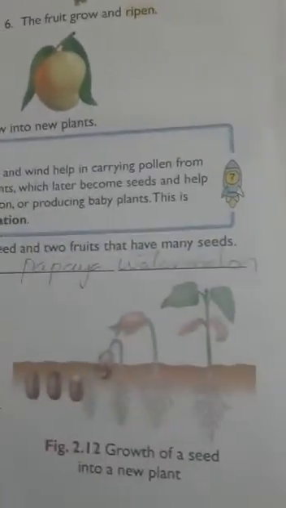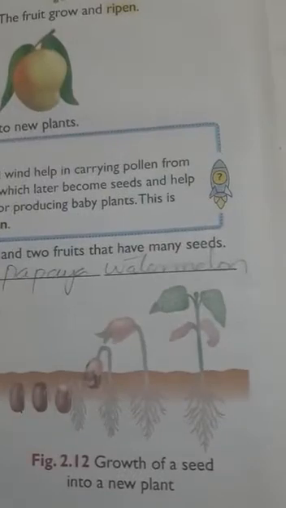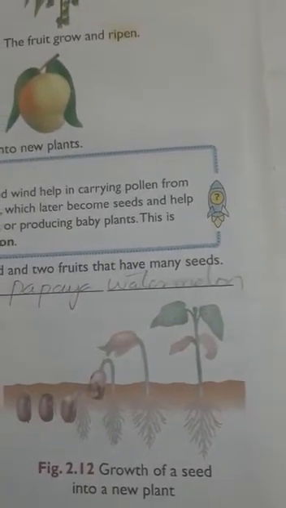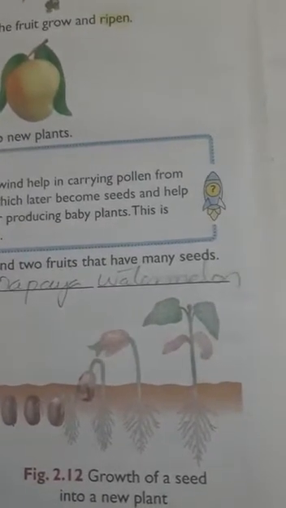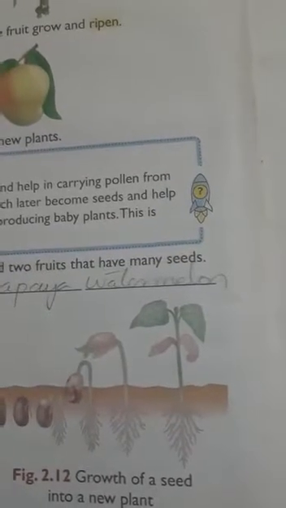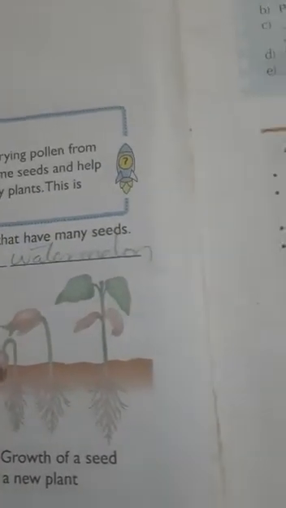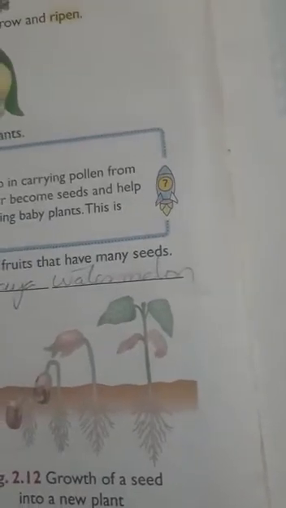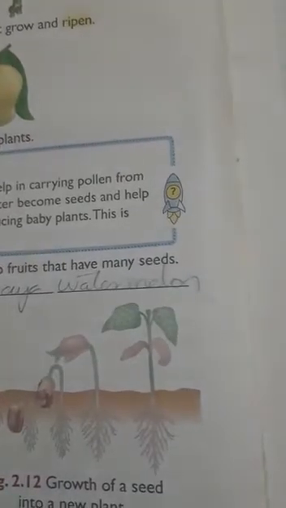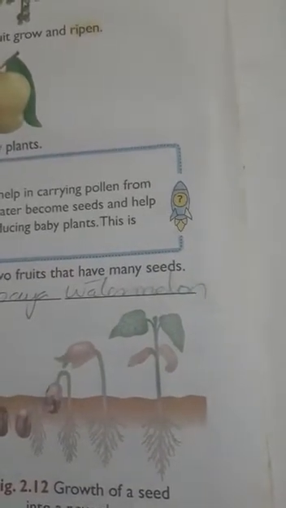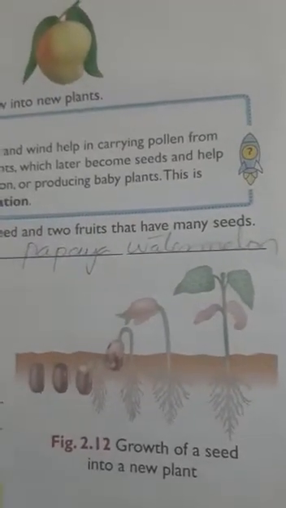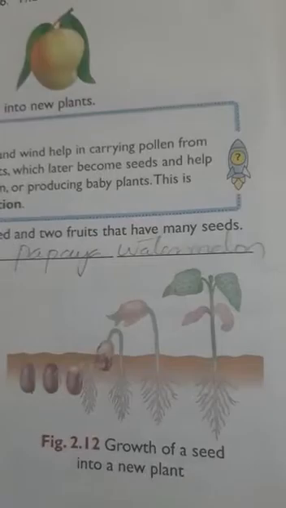Here you can see the growth of a seed. When we put the seed into the soil, when we water the soil properly, then a baby plant comes out from the seed. Then it grows and it comes out above the ground, and it becomes a new plant. To grow into a new healthy plant, seeds need proper temperature and light of the sun, and air, water and soil. So in these favorable conditions, only a seed can grow into a new plant.